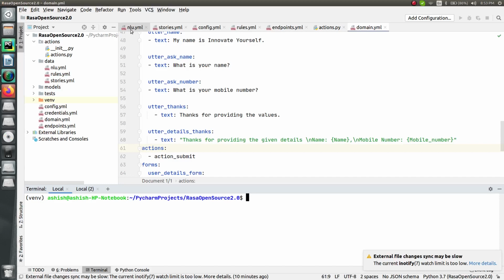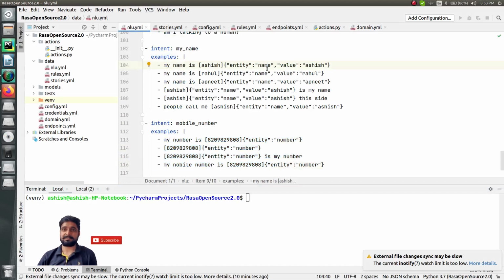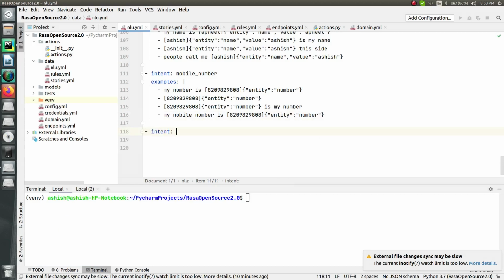So for that there are two things. One is the intent, second one is the action, and this action is a custom action, right? So let me just add that part. Firstly let's add the intent, and the intent will be added inside the NLU part. So let me just add it in the same way like we did before, right?